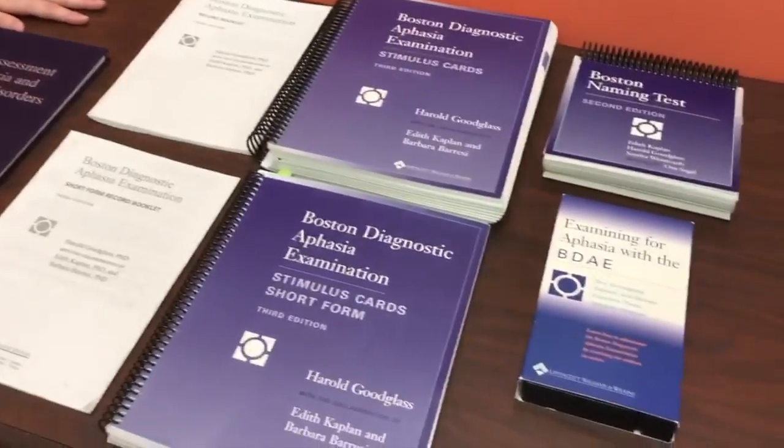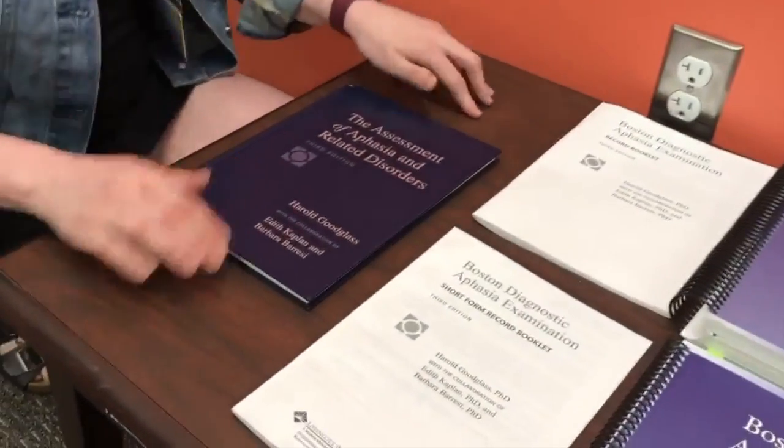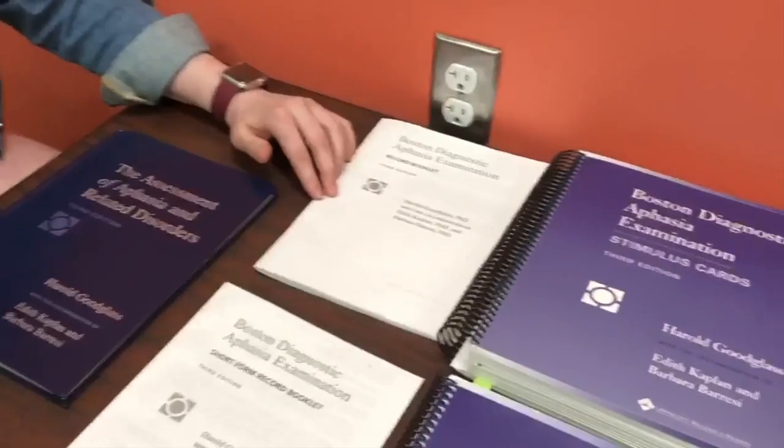In the box, this right here is the assessment manual. This is the long...